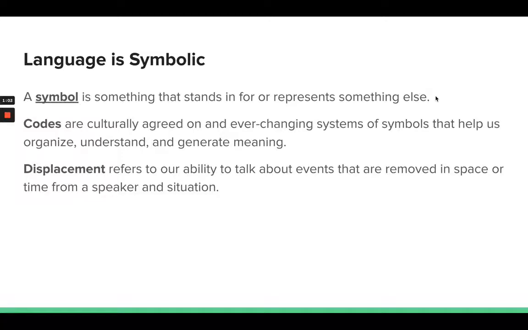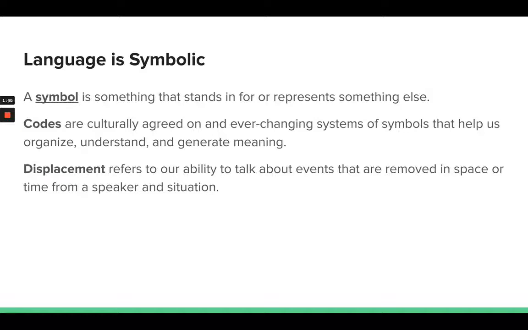So to start off, we're going to talk about language and meaning. As we know, language is symbolic. Every language is essentially a combination of symbols that someone has said, this represents this. A symbol is something that stands in for or represents something else. Codes are culturally agreed on and ever-changing systems of symbols that help us organize, understand, and generate meaning. Displacement refers to our ability to talk about events that are removed in space or time from a speaker or